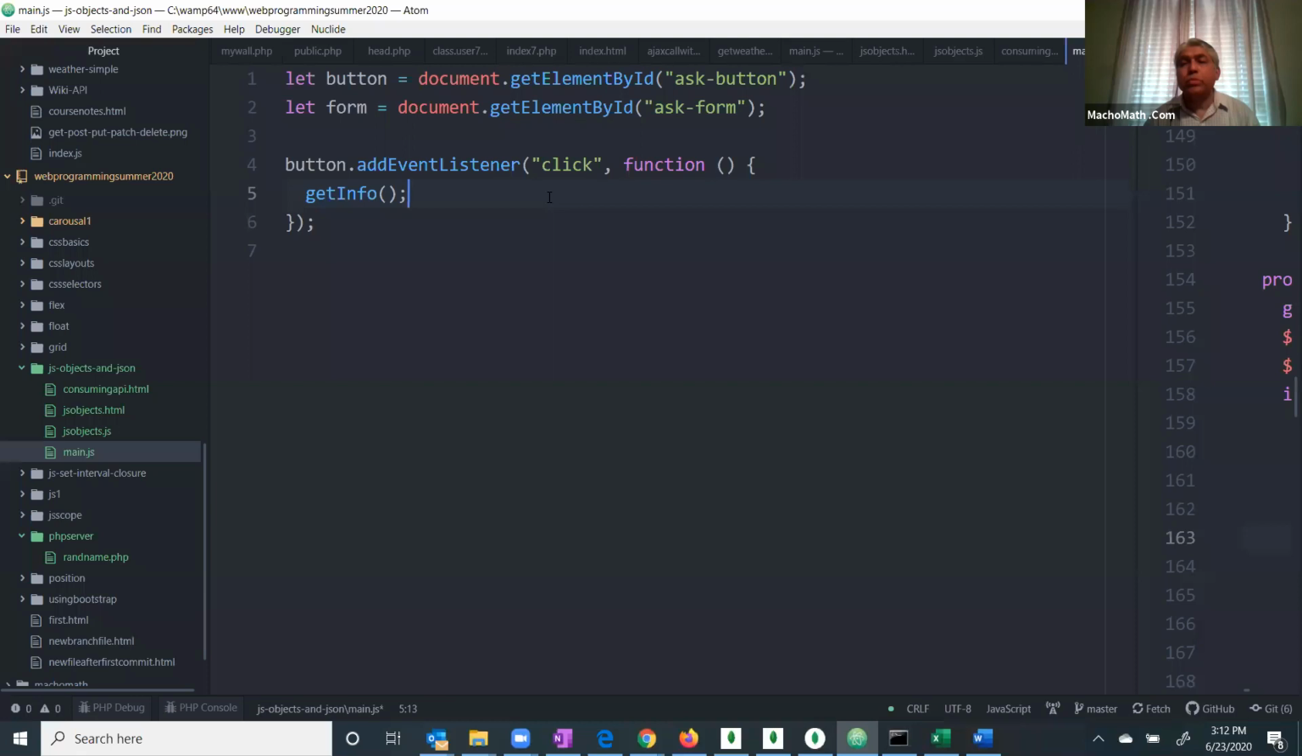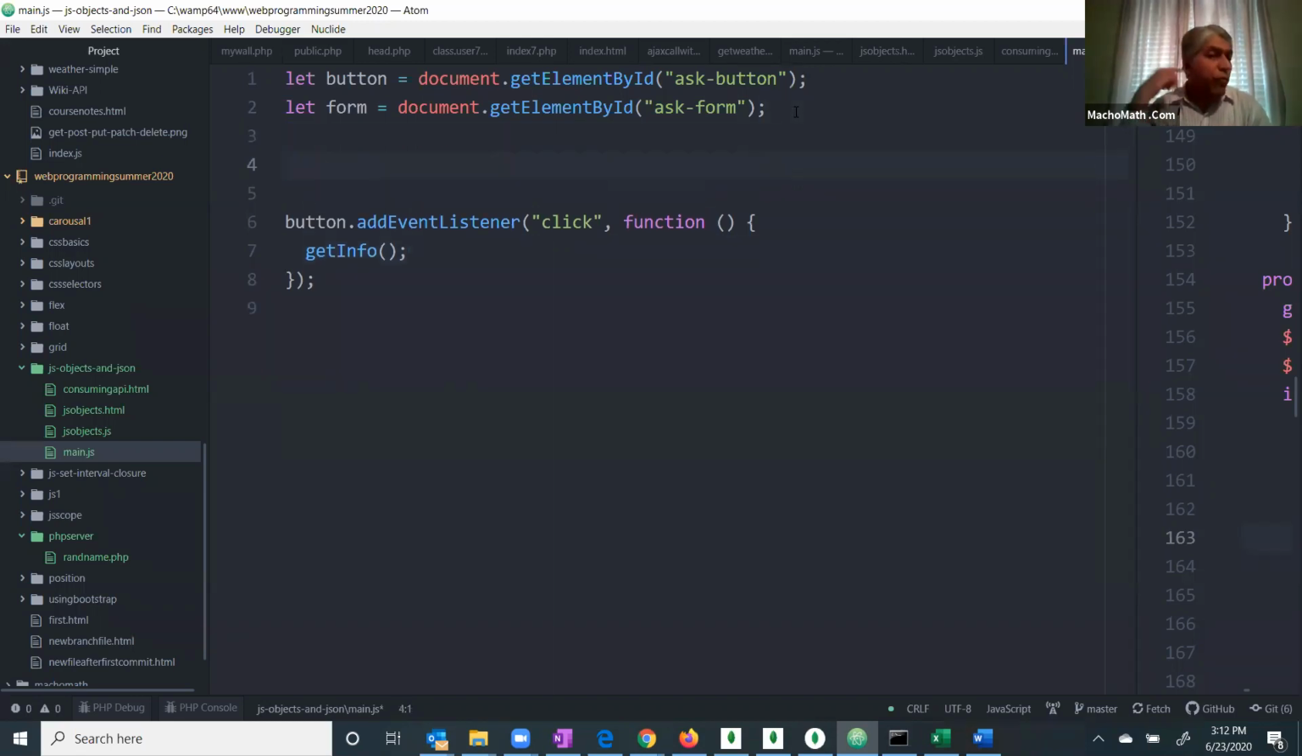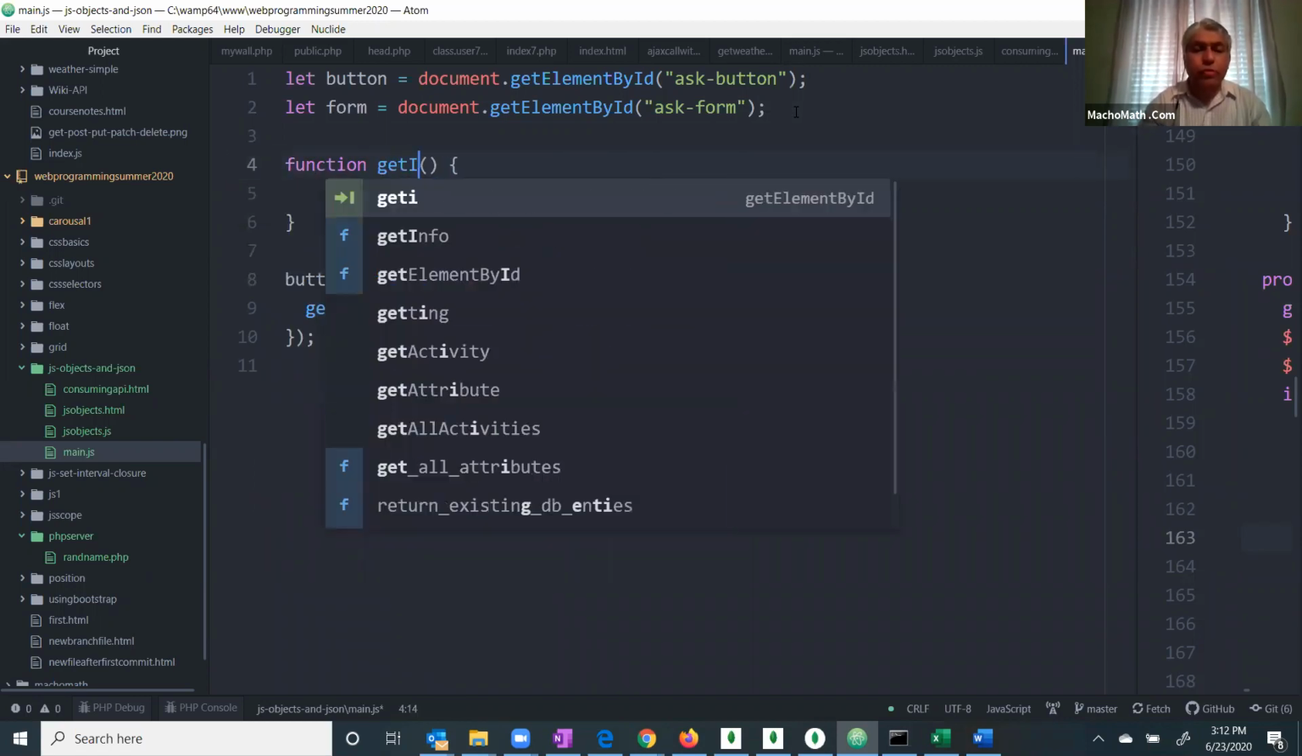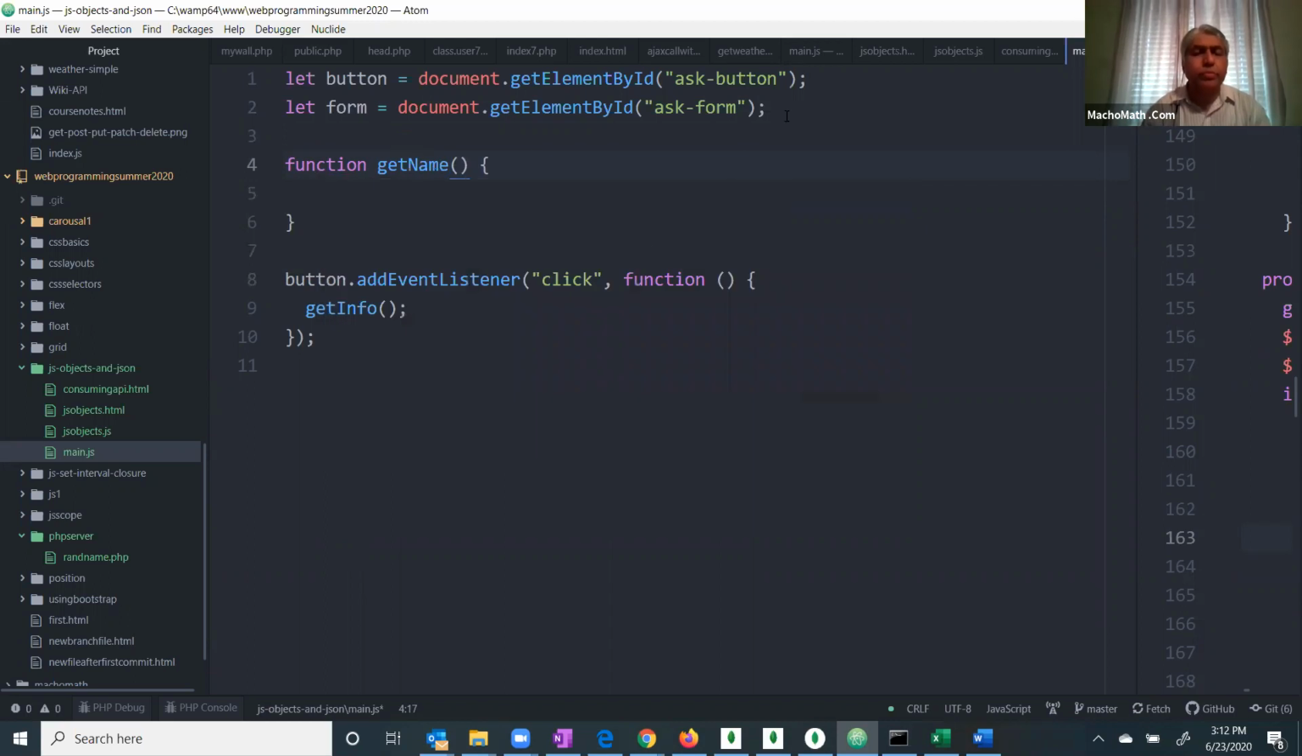Right? So this is going to call a method, get info, and let's see what this get info is going to do. So we define a function over here, get info or get name. Instead of get info, let's say it is get name, right? And this function is going to be called, and this function is going to get to know